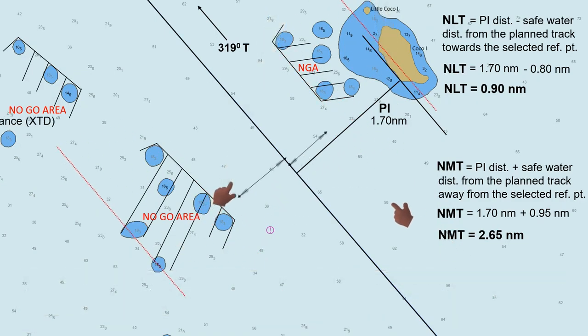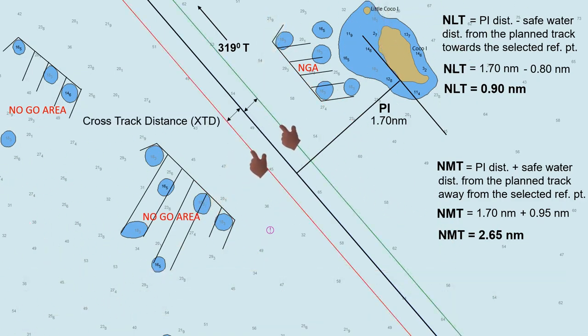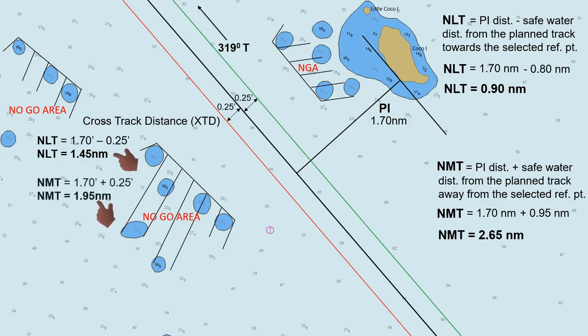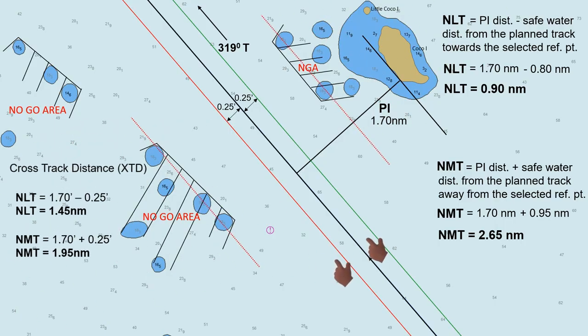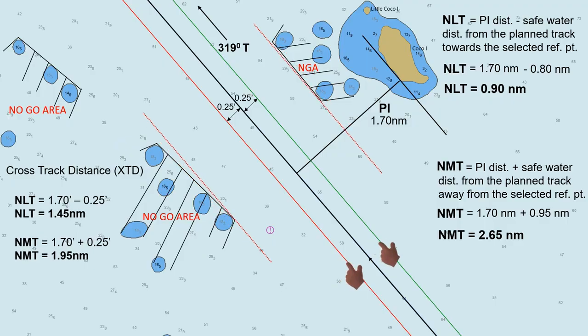You can also use your cross-track distance to determine the not less than, and not more than PI lines. Assuming that the cross-track distance on both sides of the planned track is 0.25 nautical mile, the not less than PI distance is 1.45 nautical miles, and the not more than PI distance is 1.95 nautical miles. In this video, I did not use the cross-track distance as the basis to determine the not less than, and the not more than PI lines,